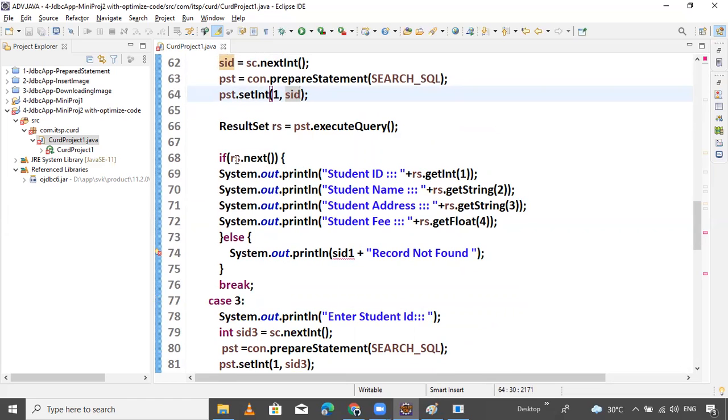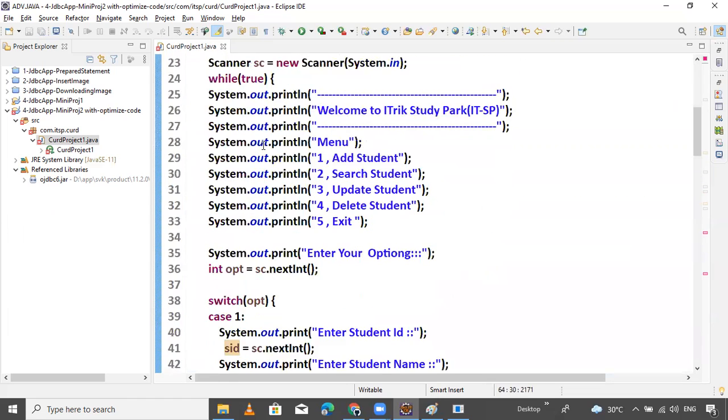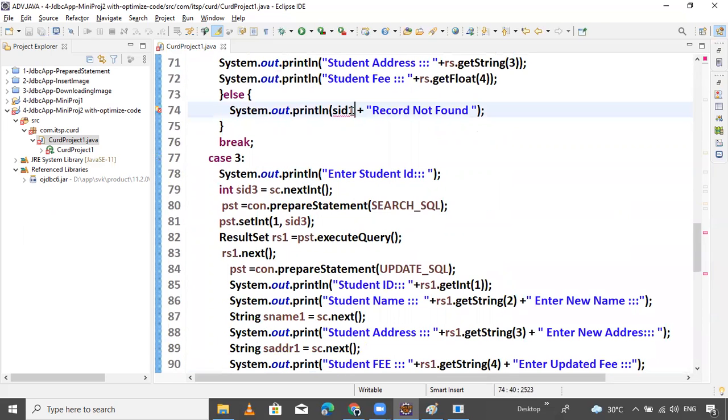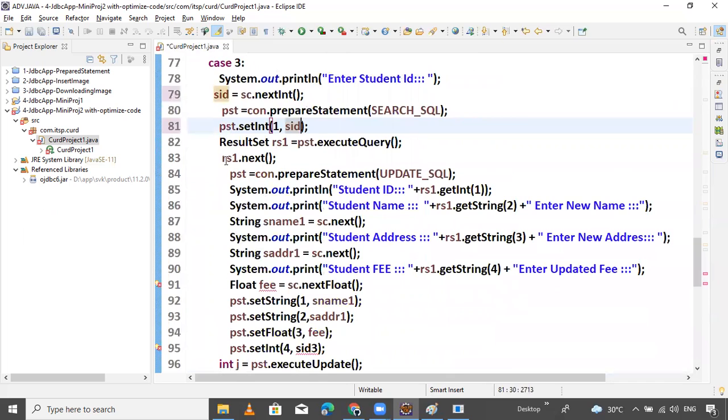Here RS is also not required. This one is not required. Save it. SID is sufficient. Here is also not required. Just use one global variable. Remove. After that, I will remove RS also. All these things are good, no? Then again, defining the variable like that. So simple, SName. That's it. Remove this.